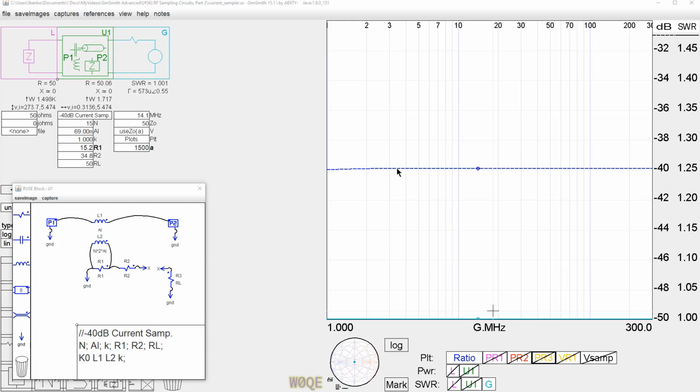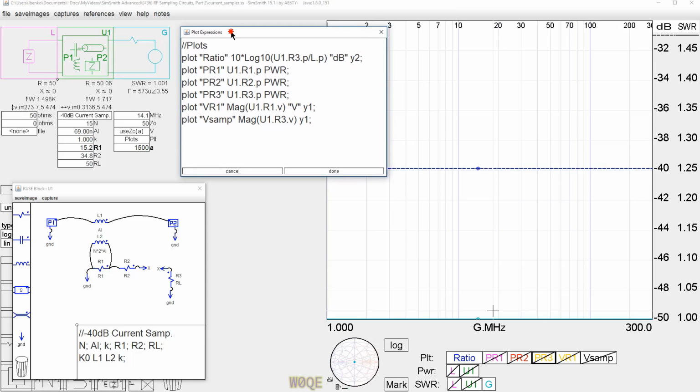The first thing is we see a coupling factor that's very, very close to minus 40 dB, and it's flat with frequency. We also see an SWR that looks very, very good. It's not 1-to-1, but it's way less than 1.05 to 1. We do that with the same circuit, same equations we did before. To measure the